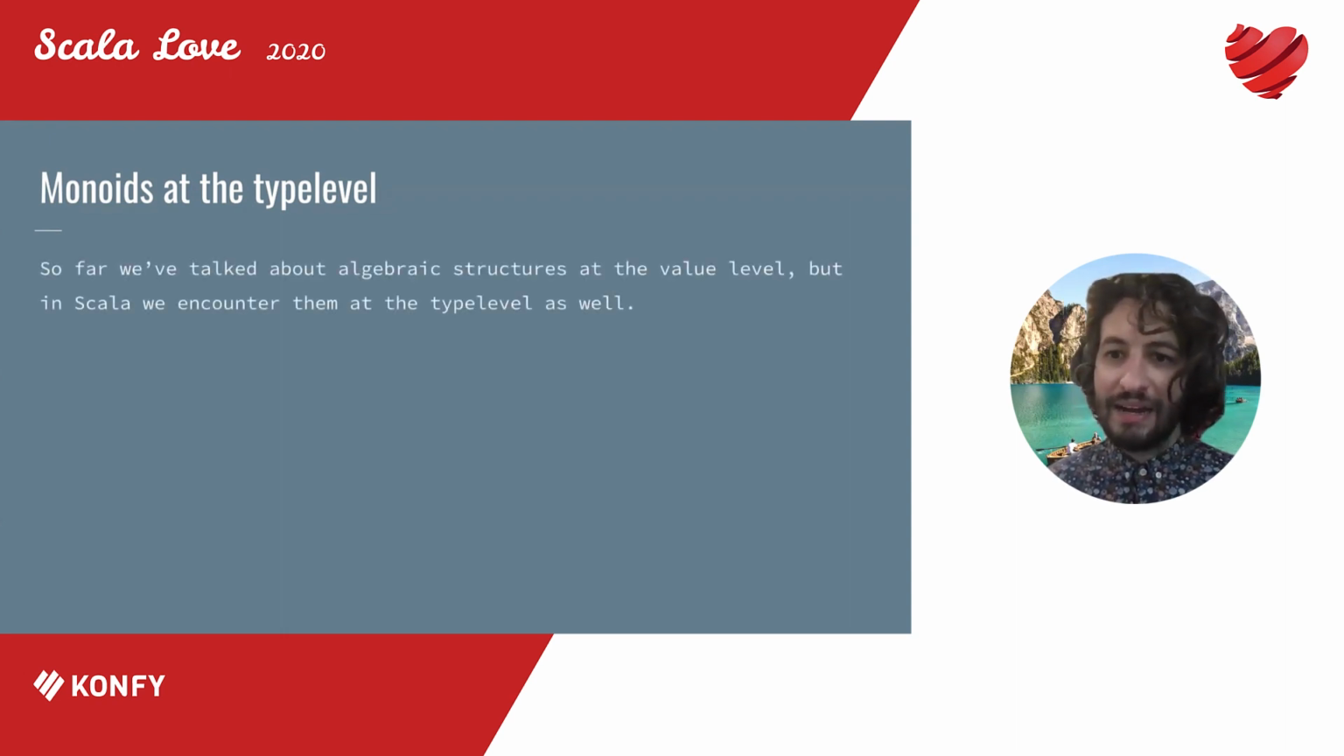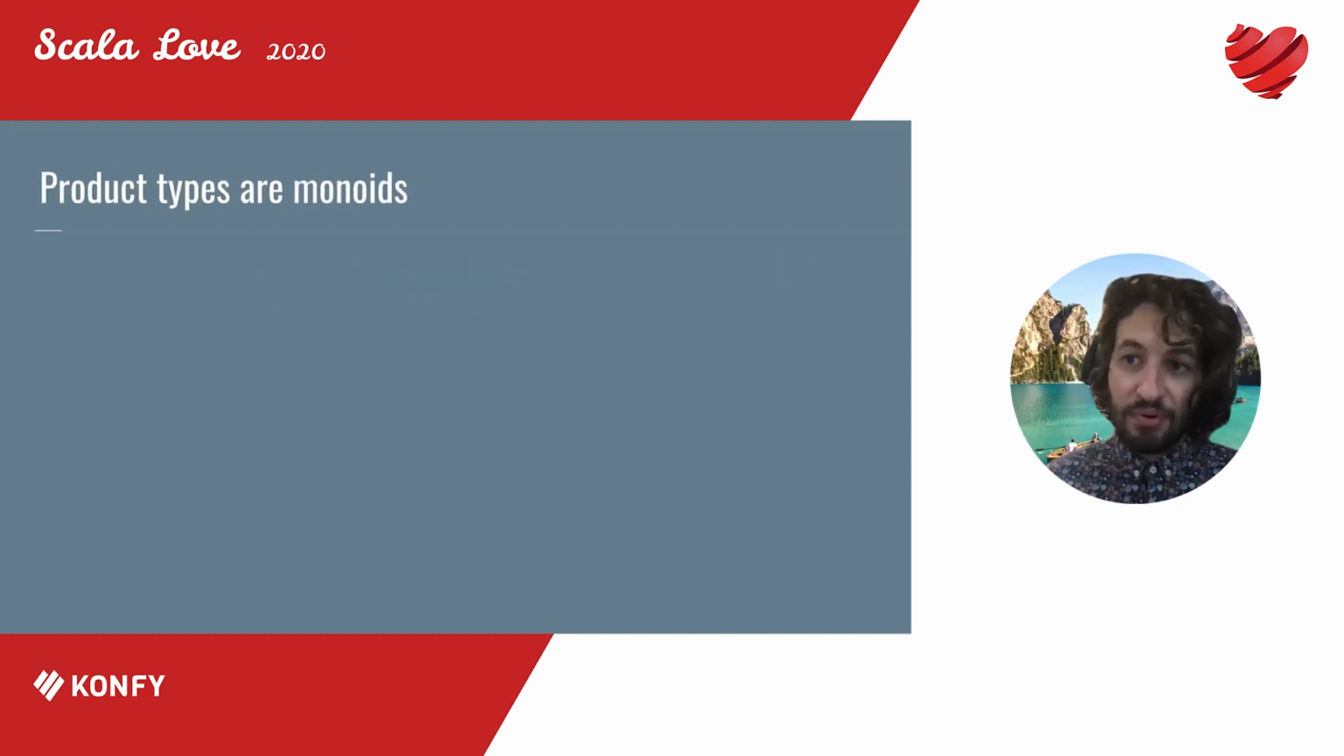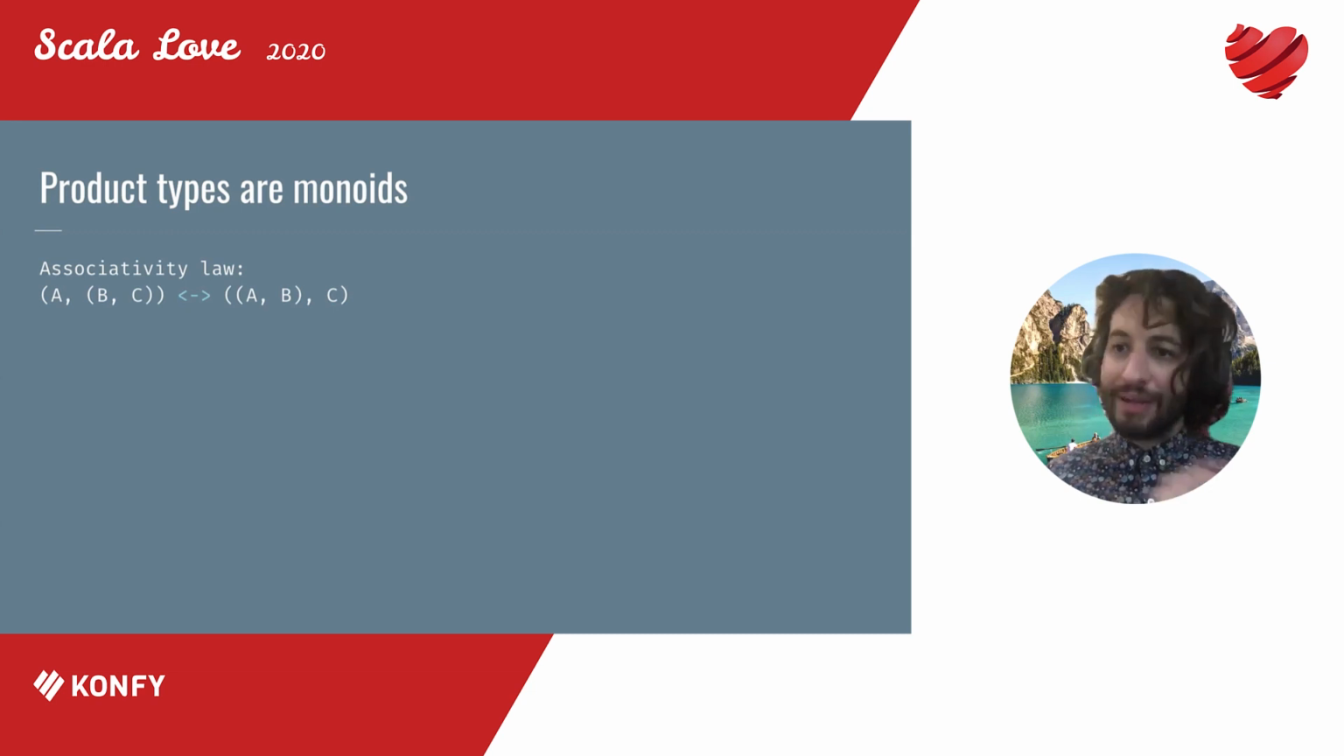So we've talked about these algebraic structures at the value level, right? So if we combine two values of A to form a new A, we can also do that same thing at the type level, right? So instead of combining two values of type A, we combine two different types. So we combine type A and B. And so, for example, one of these things are product types, right? We can combine a type A and a type B by using a product type, which in Scala is a tuple, for example. So I'm going to claim that these product types are monoids at the type level